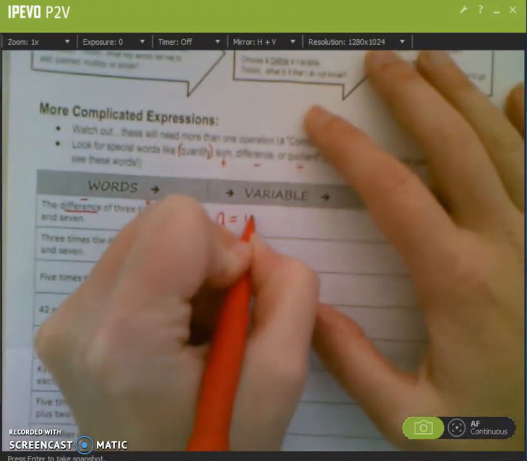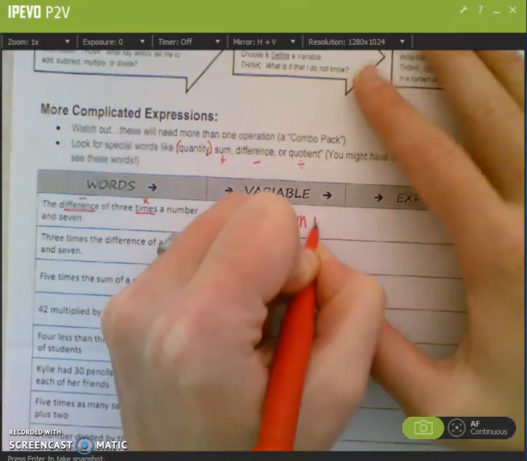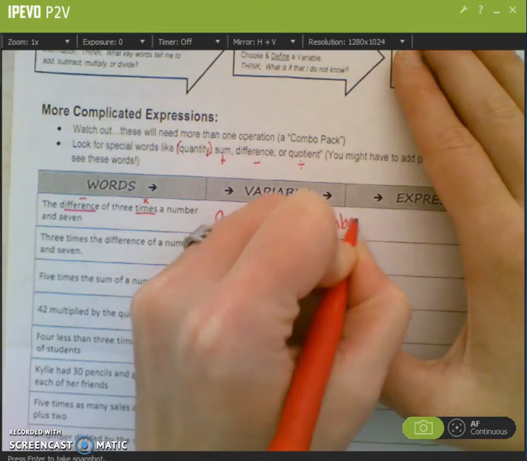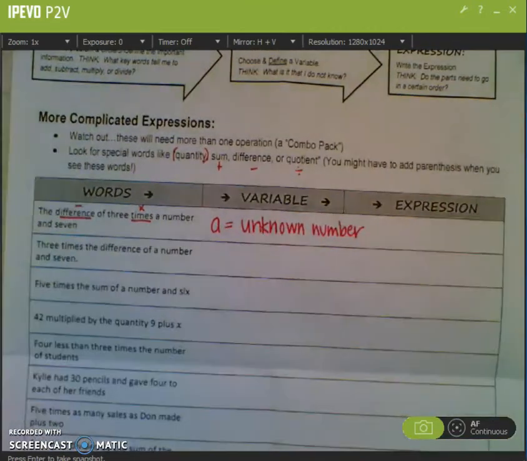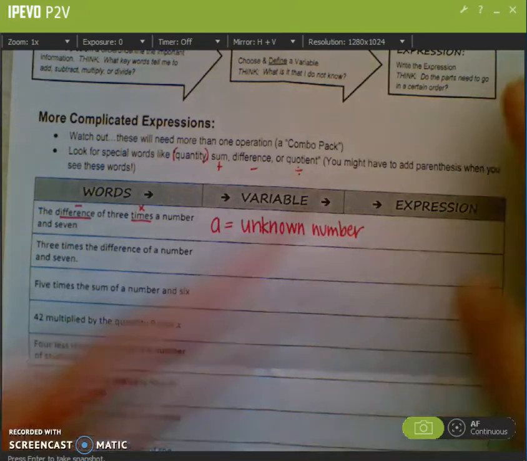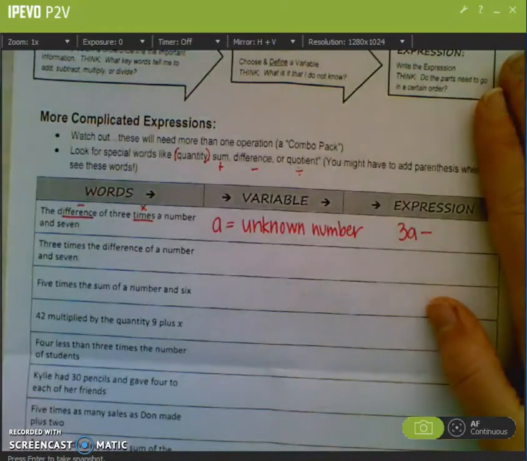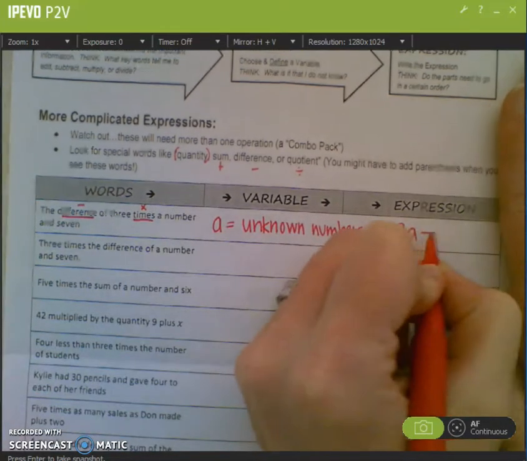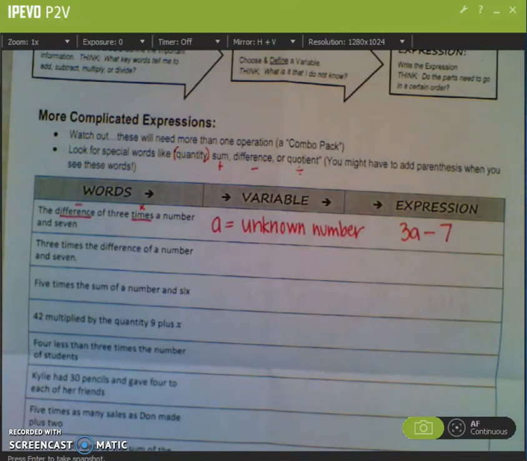A equals our unknown number. And then our expression is going to be 3 times A, so 3A. And then the difference of that and 7. So my difference is my subtract, and then 7 is the end of my expression. So I've got 3 times A minus 7